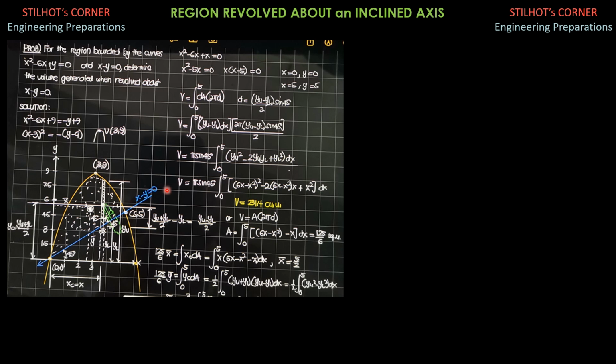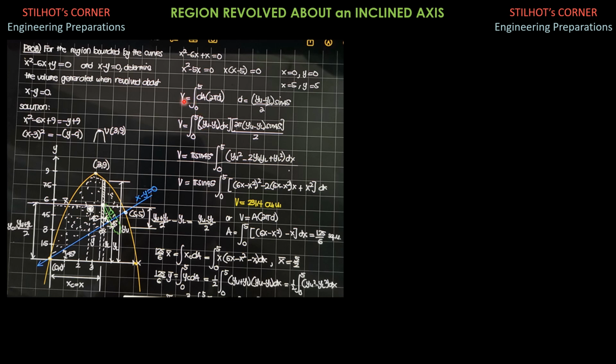So if we apply Pappus theorem, the volume is the integral of the differential area of the strip, which is upper y minus lower y dx, then times the distance traveled by the centroid. Because this is a circular path, the length of the path traveled by the centroid of the strip is equal to 2 pi times d. D is the radius of revolution.